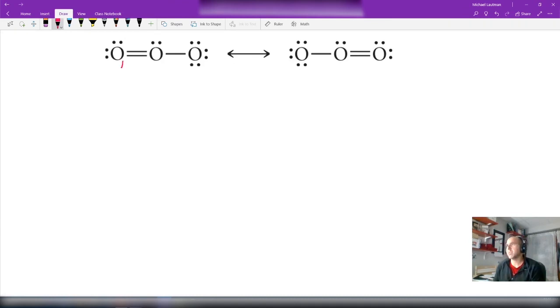What if I labeled these oxygens A, B, and C, and I did also this, oxygens A, B, and C. Now, I'm using A, B, and C, but we can actually do similar things in real life by using isotope labeling. So, for example, you could prepare in a lab ozone where only one of the oxygen atoms is,